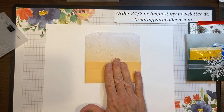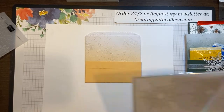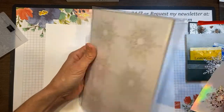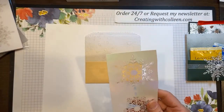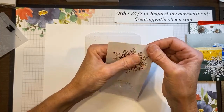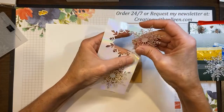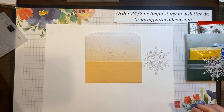So I have this here. Then I am going to take the snowflakes that we have. So these wonderful snowflakes are on page 25 of the holiday catalog, and you get 24 in here. So you get 6 on a sheet, and they're great because you just pop them right out. Then I will take a dimensional,